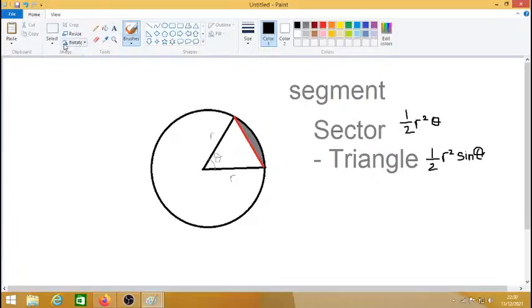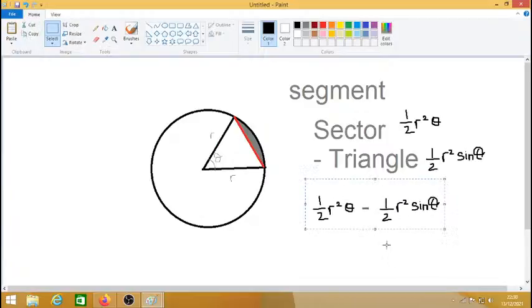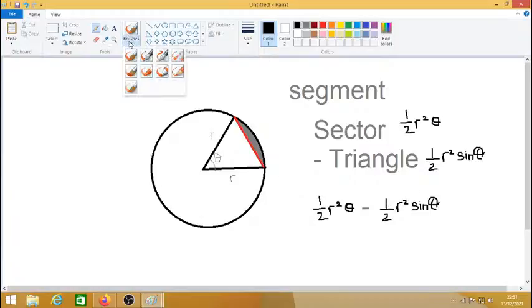So that becomes half R squared theta to begin with, and then you're subtracting half r squared sine theta. But then what you notice is that this would be the area of the segment. But then what you notice about this formula is that it's got a couple of factors that are repeated. So you got half and a half that can be factorized to the beginning, and then you got r squared as well. So if you do a bit of factorizing, then this formula can just become a little bit easier